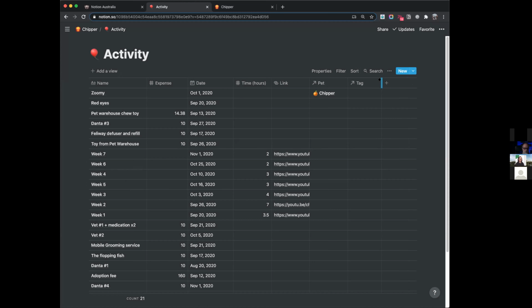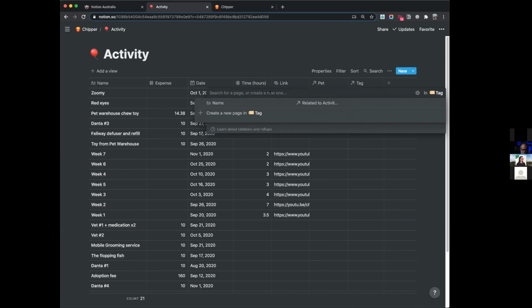So what do we've got? The first two: Zoomy. Chipper gets fairly excited in the middle of the night, and he will just jump through different places, start zooming in and out. It's referred to as zoomy, and it's pretty typical for a cat. And when we got him home, maybe the second week, he got swollen eyes or red eyes. Sorry. So these are just observations.